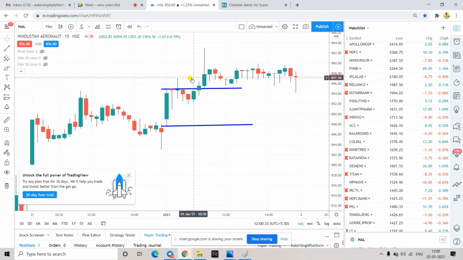Kabir asks: when we are doing intraday, should we select a stock in the watch list which is showing below 0.5% or no change? No, nothing like that. You can select any stock, but once you have entered, make sure that you book some profit at 0.5%. Or what you can do is, if you take 3 or 4 trades in a day, in 2 trades you book profit at 0.5%, and in one stock you can leave it for a bigger target. Like in this case, if you would have taken the trade at 857, you would have closed in profit somewhere here, if not at 0.5%.